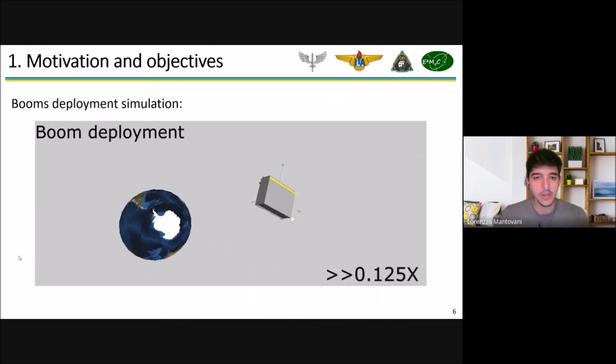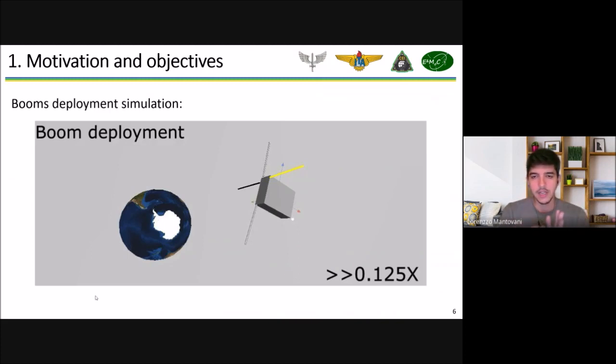their dynamics work. And this video here we made with our simulation environment, considering the satellite, the flexible booms, non-latching mechanisms, everything, but it's just to show you how it works. So we have here the hub, that's the gray box, and the booms that are deploying and vibrating a little bit, because it's a collision that happens when they deploy.